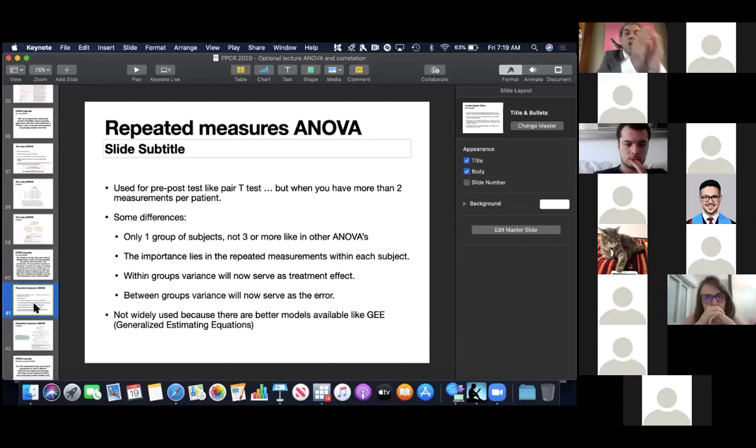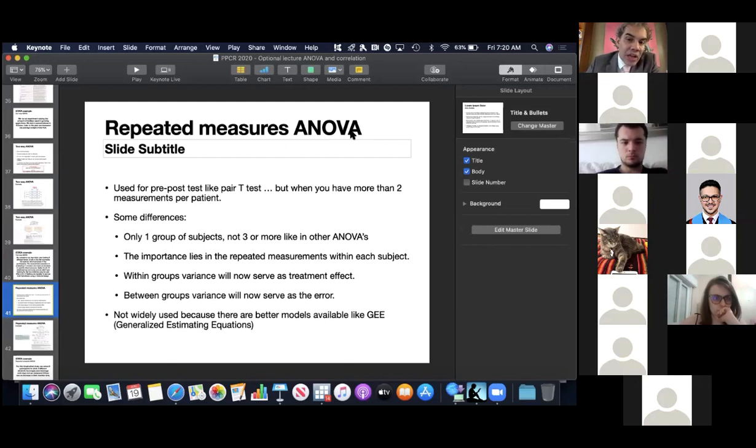So within one patient, your within group variance, which was before your error, will now be your treatment effect, because the patient will change scores every time they have the drug, or every time they do the outcome they have to do. Okay,